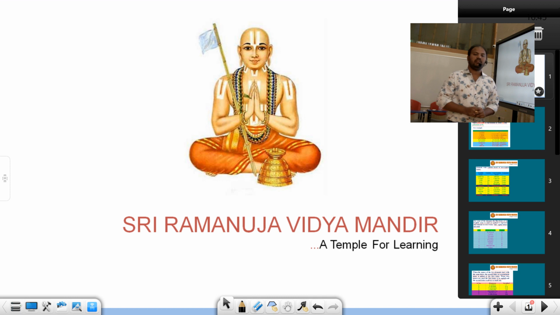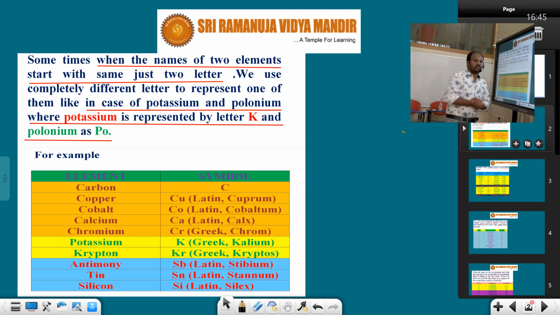In the last session, we have learnt about what are isotopes, isobars, isotones, isodiaphers, and how to calculate the total number of fundamental particles present in an atom. Today, I am going to give you a lecture about the language of chemistry. In this language of chemistry, we should learn about symbols. So, what is the symbol?